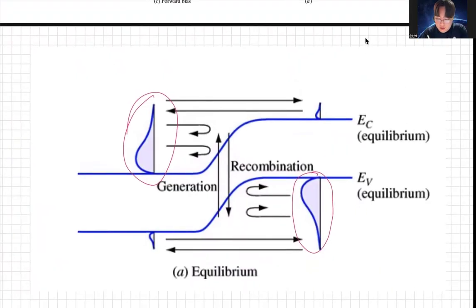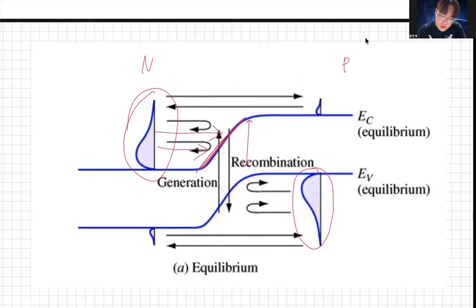In the thermal equilibrium situation, the junction potential is so high, so the barrier is very high. So the electron on the n side can't move to the p side because of the barrier,